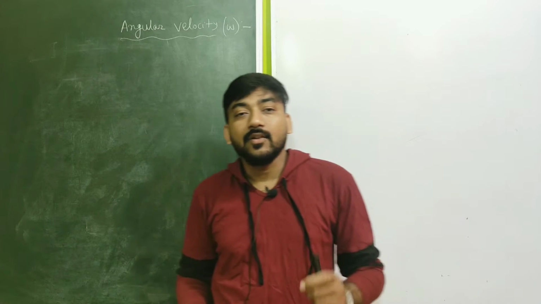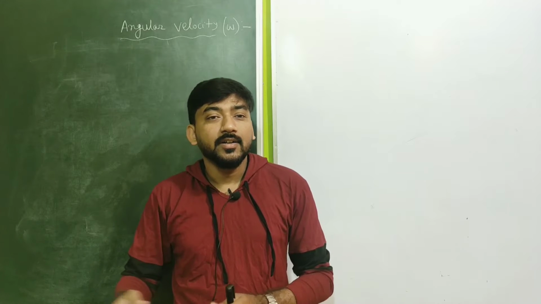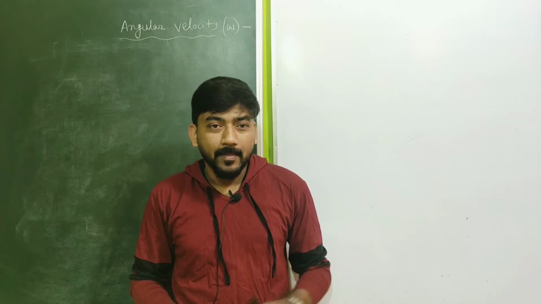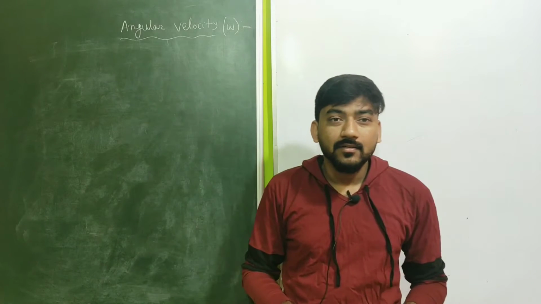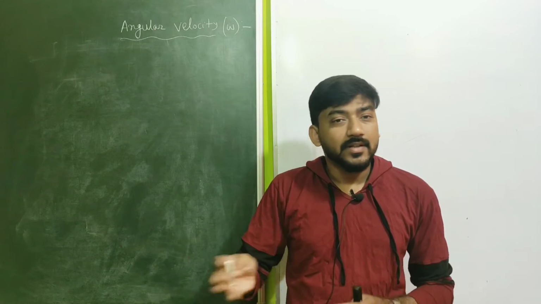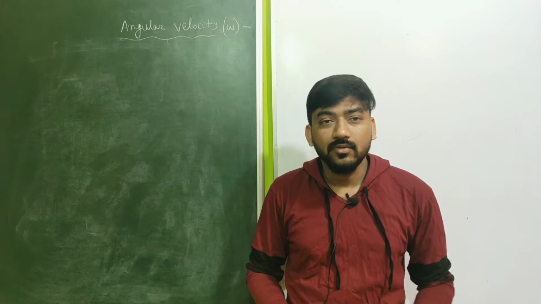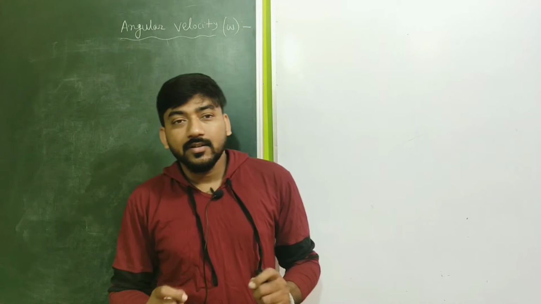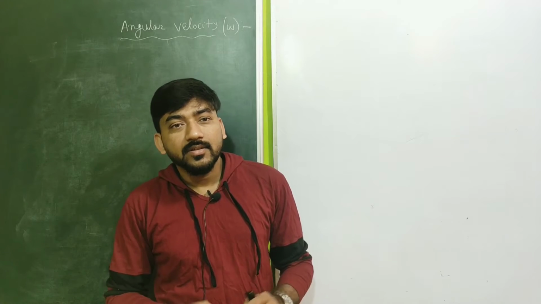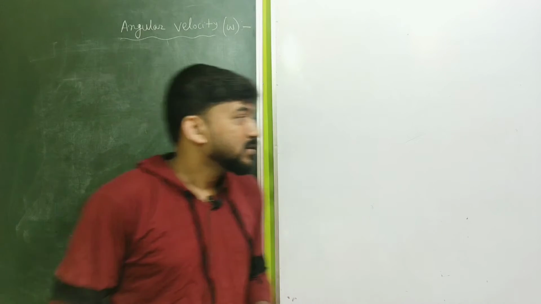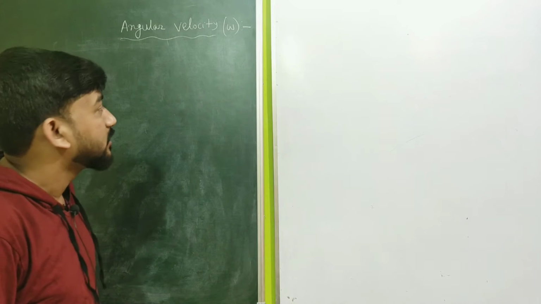The concept is the same as what we discussed in linear motion; the only difference is the notation, and obviously the motion here is along the perimeter of the circle. There the path was a straight line, but here it is circular motion because we are in the chapter of circular motion. The concept and the style of measurement are the same. So let me understand it using the mathematical variables.